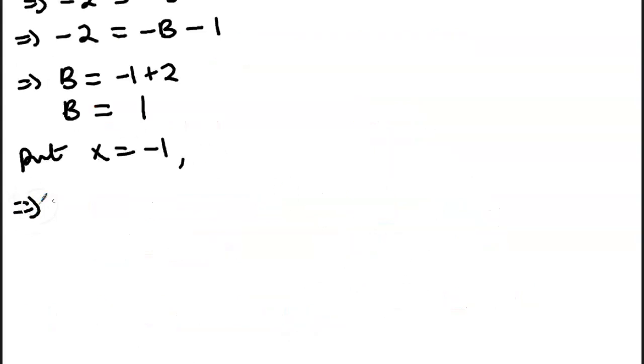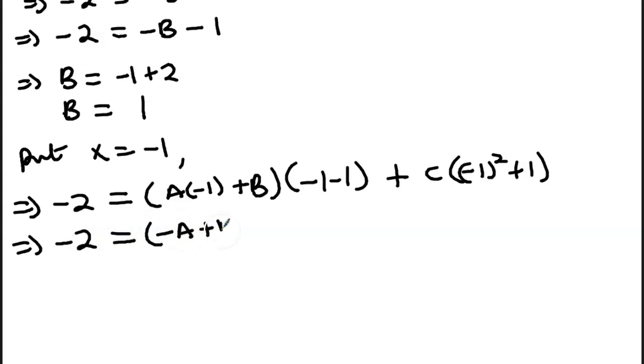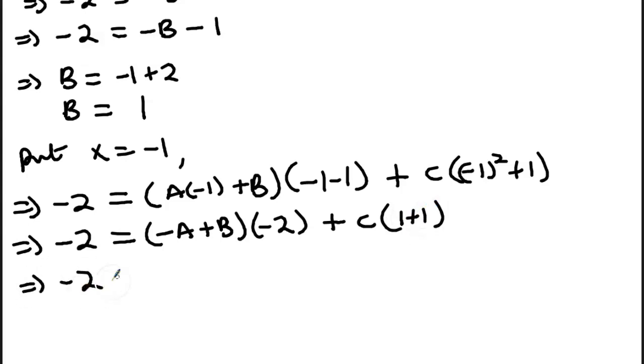So this implies that minus 2 is equal to a times minus 1 plus b in one bracket, in another bracket, minus 1 minus 1, plus c times minus 1 squared plus 1. So you have minus 2, which is equal to minus a plus b times minus 2, plus c times minus 1 squared, which is 1, so 1 plus 1. So we have minus 2, which is equal to minus 2 times minus a, which will be 2a positive, minus 2b plus